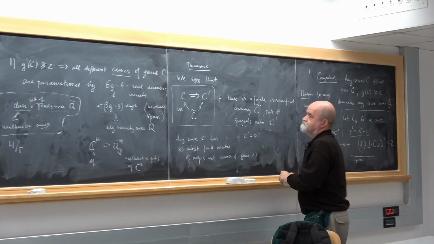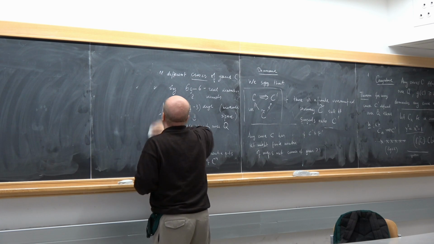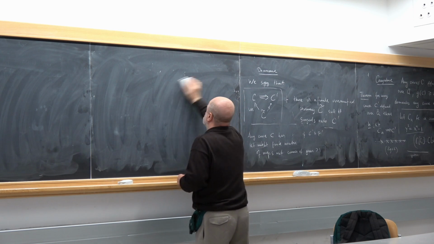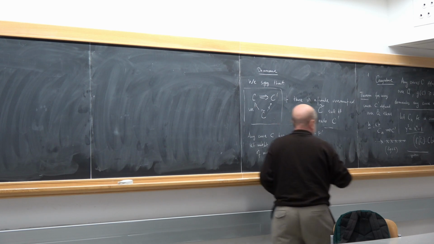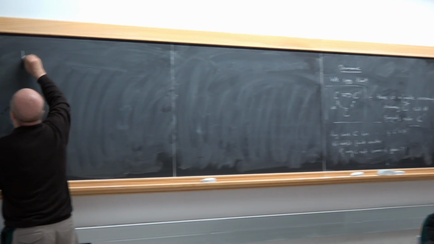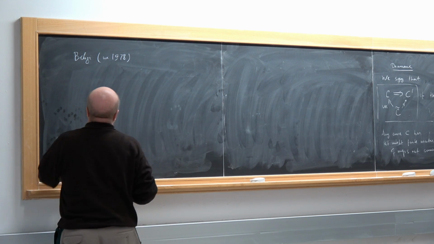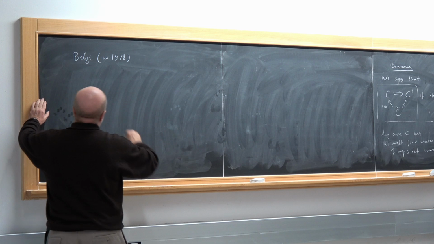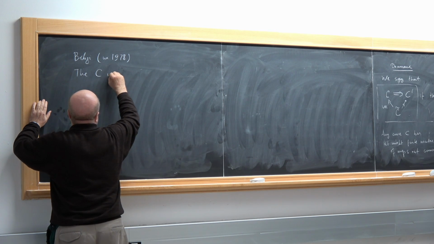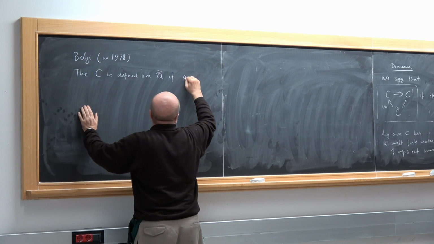Okay. The proof is based on the so-called Belyi theorem, which I formulate now and give a sketch of. The Belyi theorem, which was proved in 1978 and which has a big, strange story, is the following: the curve C is defined over Q bar if and only if